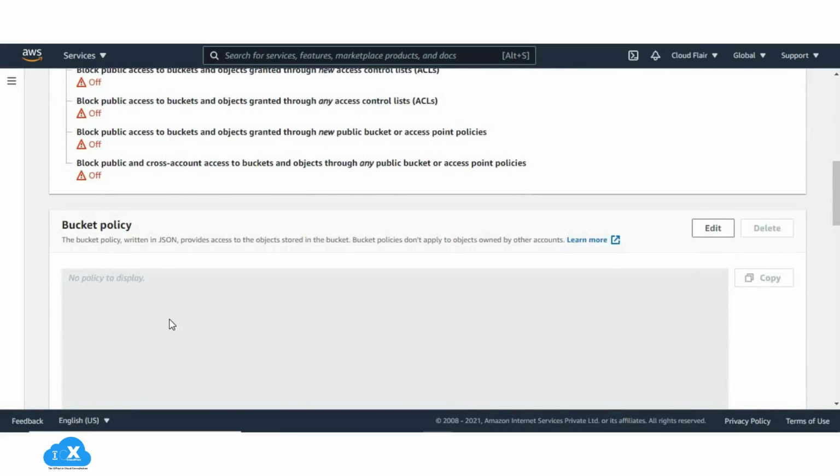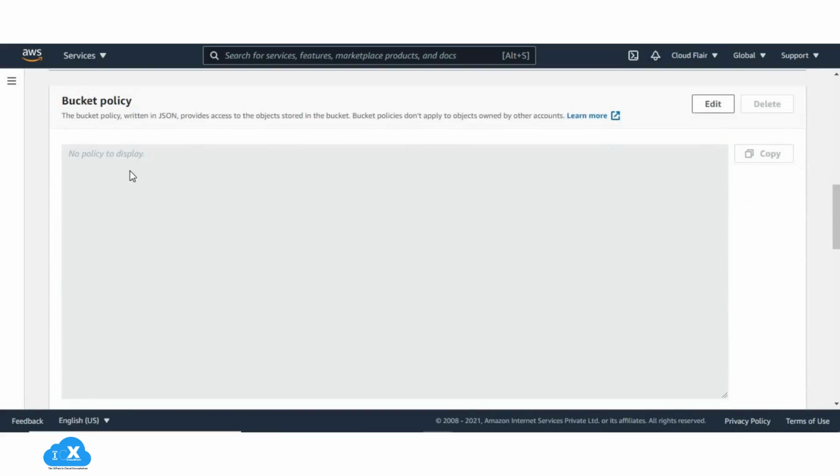A bucket policy is a resource-based AWS Identity and Access Management (IAM) policy. You add a bucket policy to a bucket to grant other AWS accounts or IAM users access permissions for the bucket and the objects in it. Object permissions apply only to the objects that the bucket owner creates.